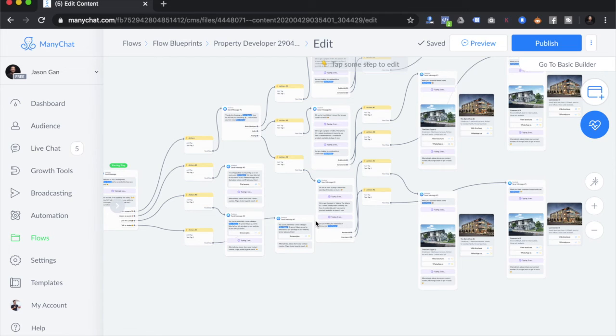But on top of that, there could be other things that you can build on it as well, such as maybe if you're also involved in so-called property management, you can also put a route. Remember, when you're building a chatbot, you want to guide people to the direction, and all these can be grown over time. You don't need to build a perfect flow at the get-go. In my opinion, there is no perfect flow at the get-go. You want to have something that is sufficient for you to start and you build on it,